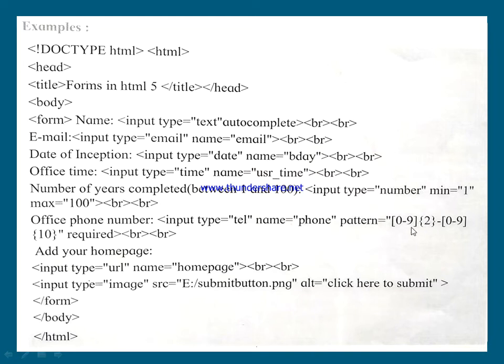What is the meaning of this 0-9? It allows only digits from 0 to 9, and how many digits I want to allow first, I have provided 2 in curly brackets. Curly bracket 2 means that from the digits 0 to 9 I want to take only 2 digits, any 2 digits which lie between 0 to 9. After that I have made a dash over here. Dash means that after those 2 digits I want to represent a dash, and the next is 0 to 9. Again 0 to 9 means again I want to accept digits from 0 to 9, and that value should be how much?